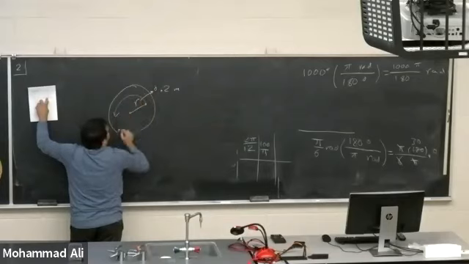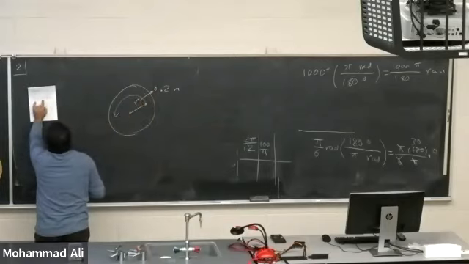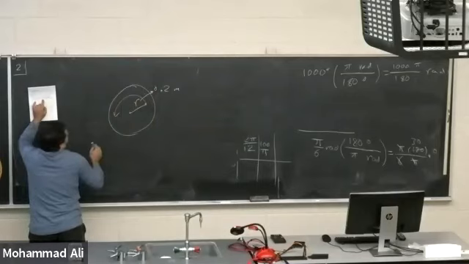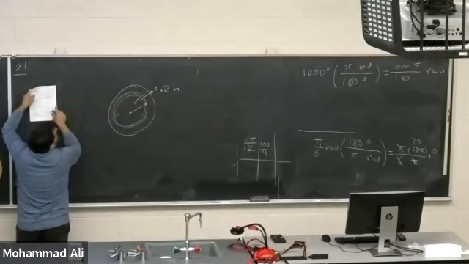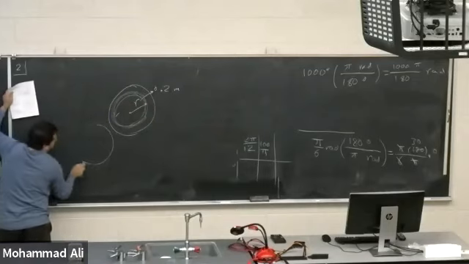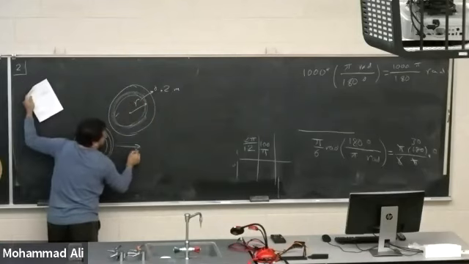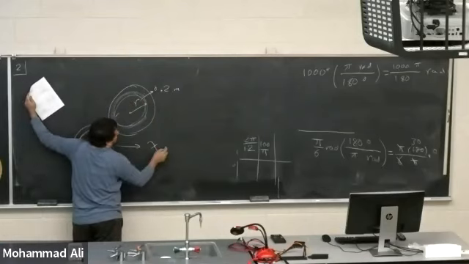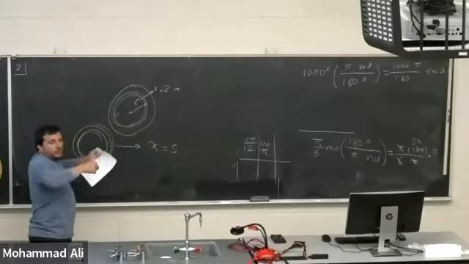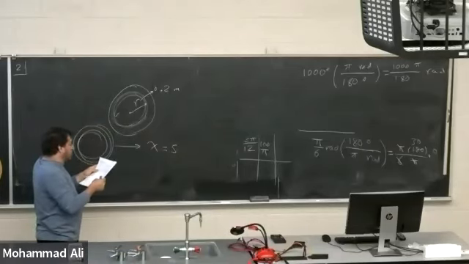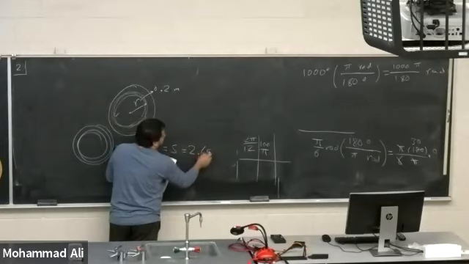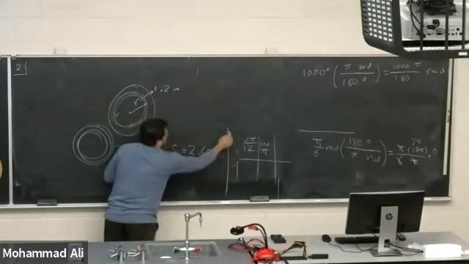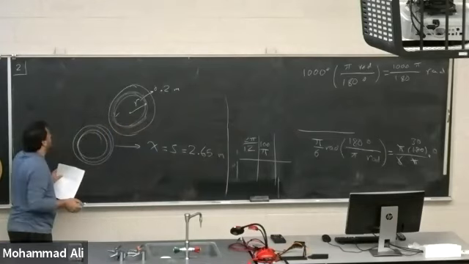This point is rotating. In its rotation, its linear distance, if we have it as x or s, which is a linear distance, will be equal to 2 meters 65 centimeters. You remember that